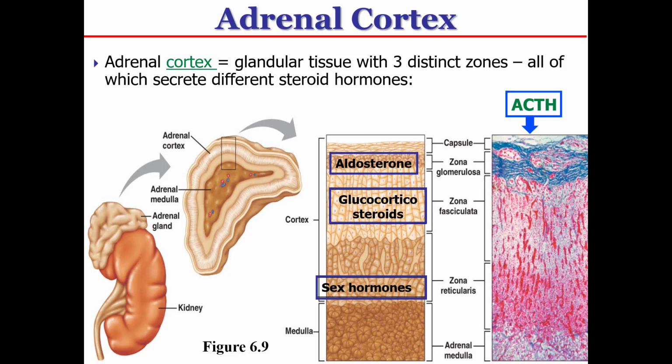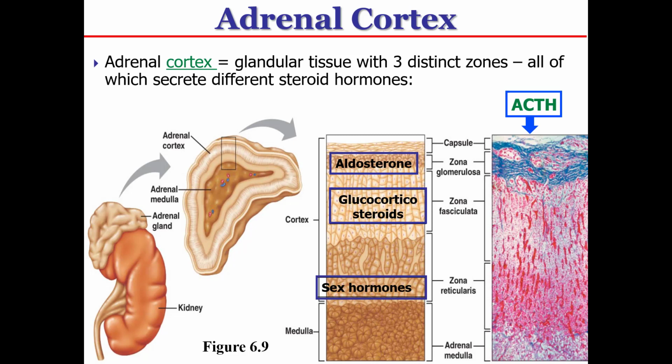And the first zone is glomerulosa, and it has kind of a blue staining effect. And then zona fasciculata is in the middle. And if you go down to zona reticularis, it has a slightly different texture and darker staining capabilities. And zona reticularis will sit right on top of the neuromedullary portion. So we're just talking about the 3 zones